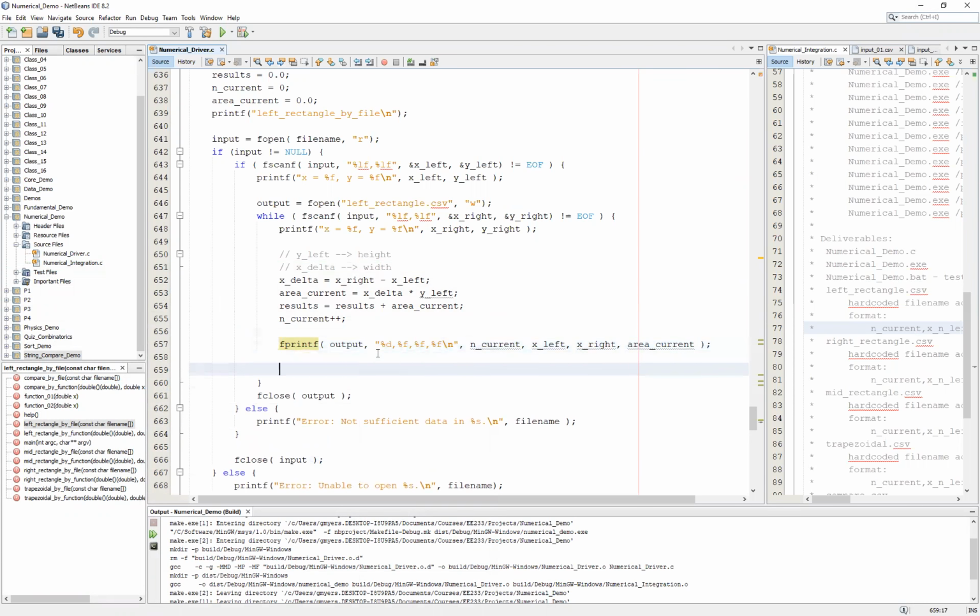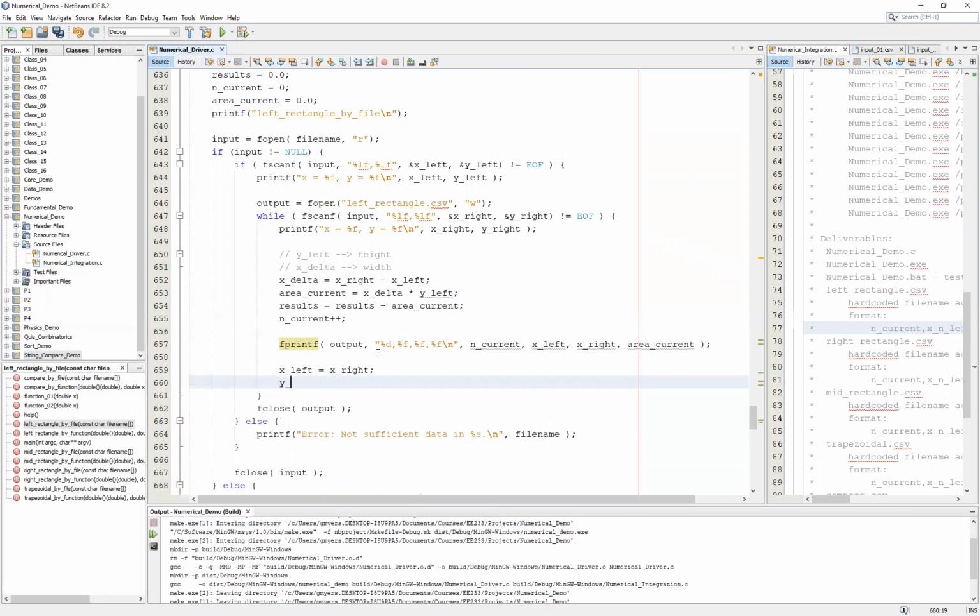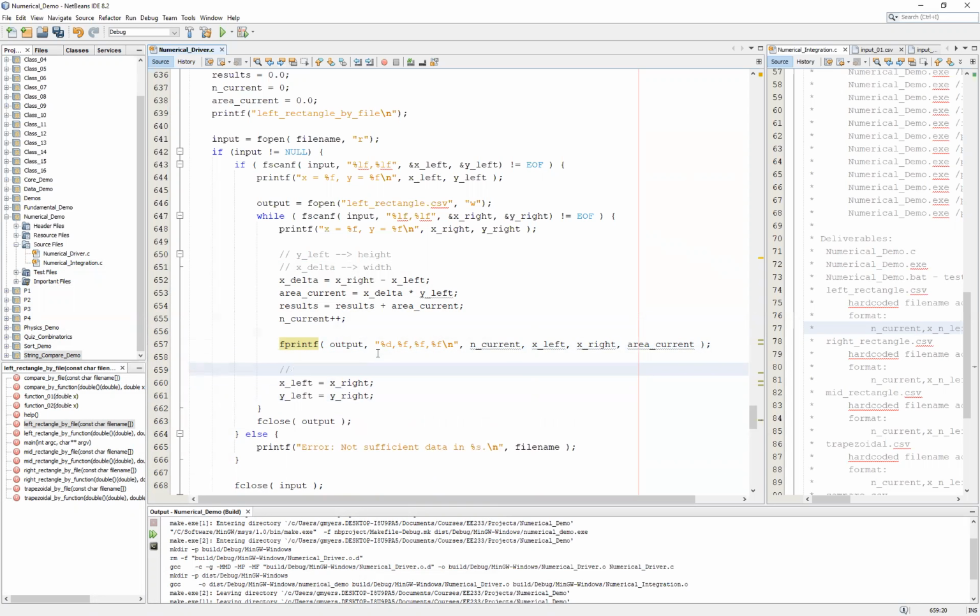After we have completed our fprintf, in other words, after we've documented what we've done for our output file, we simply say x left equal to x right and y left equal to y right. And what this does is this sets up the left side of the next